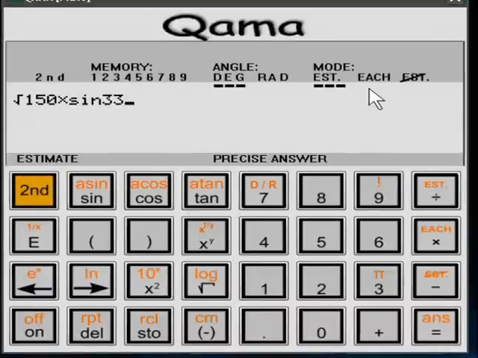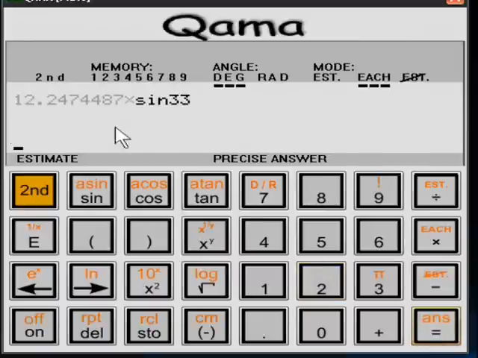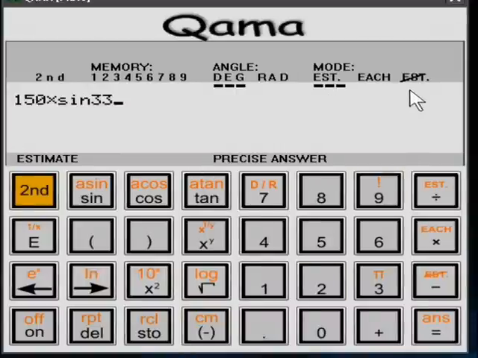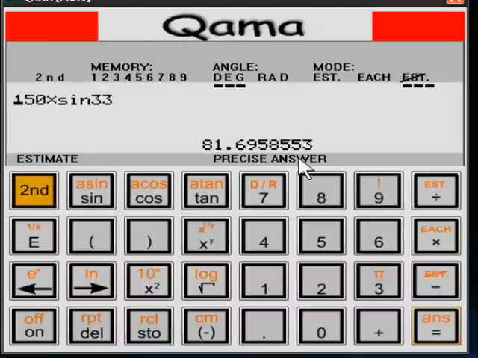In the each mode, into which we get by pressing the second each key before pressing equal, each step is highlighted in turn to be estimated separately. When the estimate of the subtask is accepted, the subtask is overwritten by its precise value, and the next subtask is highlighted for estimation, and so on. Occasionally, an interim estimate will be required even in the estimate mode. This happens for a good reason, which is not explained for an even better reason. The non-estimating mode turns Qama into an ordinary calculator, albeit flashing a health warning, but you would never use this,